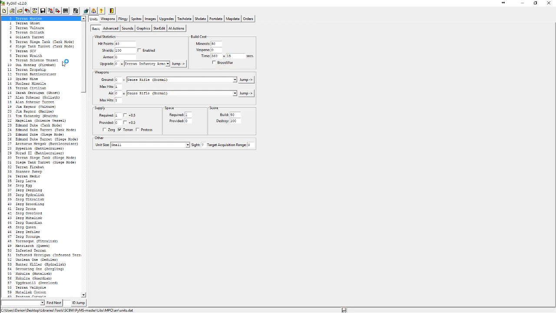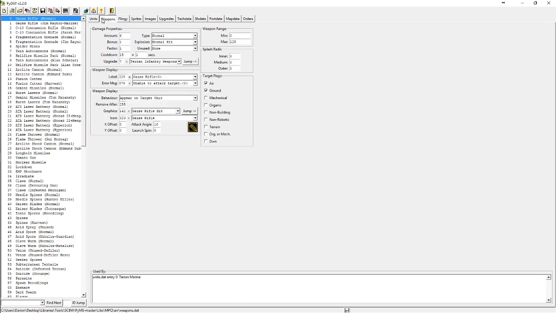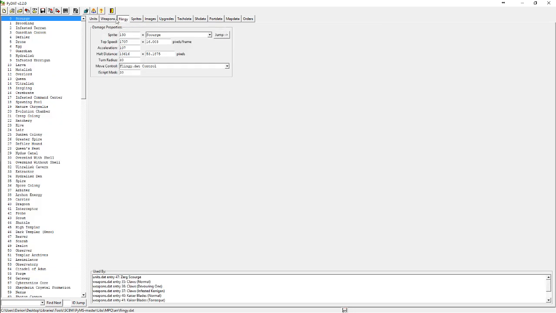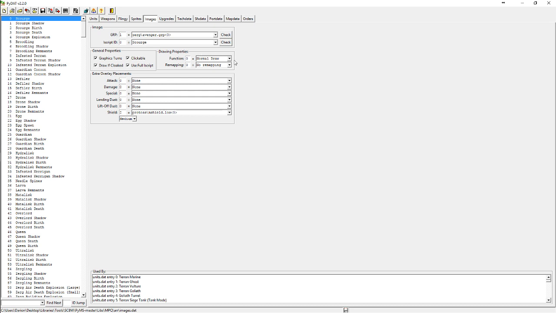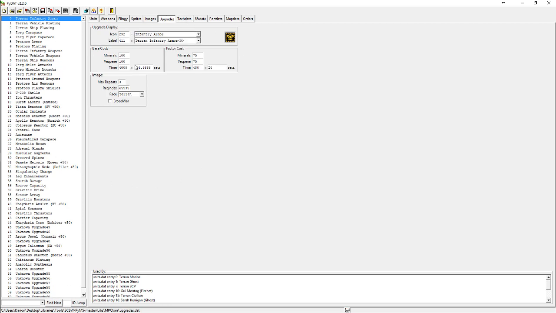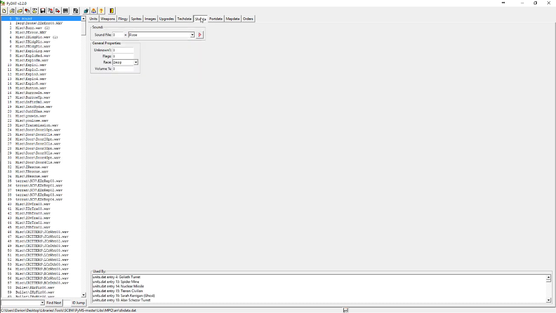Now, what is PIDAT? It is a modding tool that edits .dat files, which control basic unit characteristics like their stats, a lot of things related to weapons, how fast air units move, how large selection circles are if they have them, any color remapping that's very specific to different pixels or palettes, costs of upgrades and how long they take, same for tech, how much energy they cost, sound effect data,